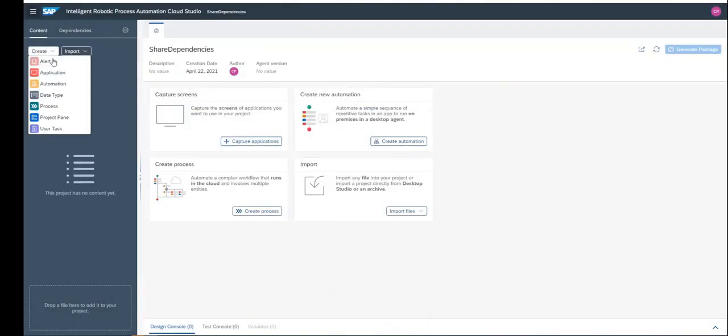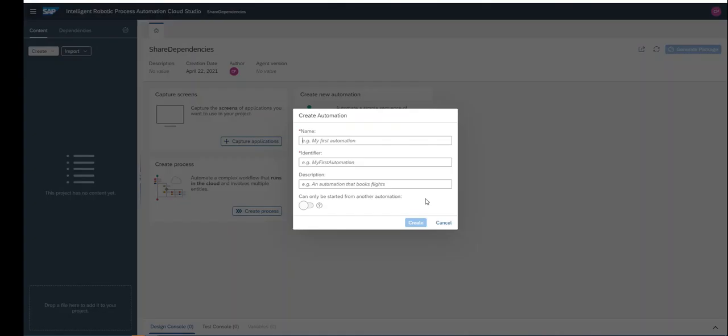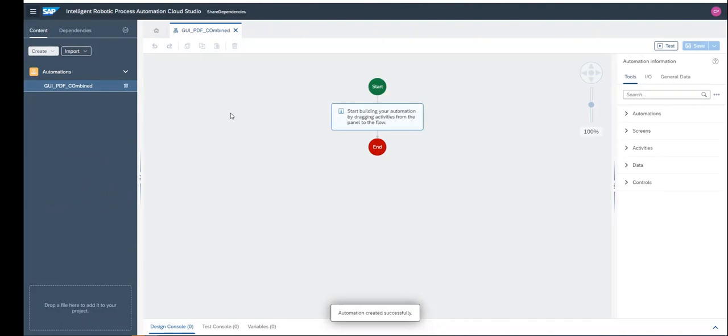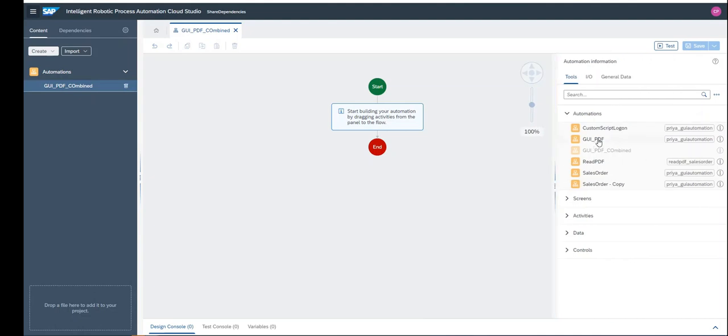So I create an automation. Okay. Now you can see it in your automations. If you see here, we have this GUI and PDF automation here and sales order.